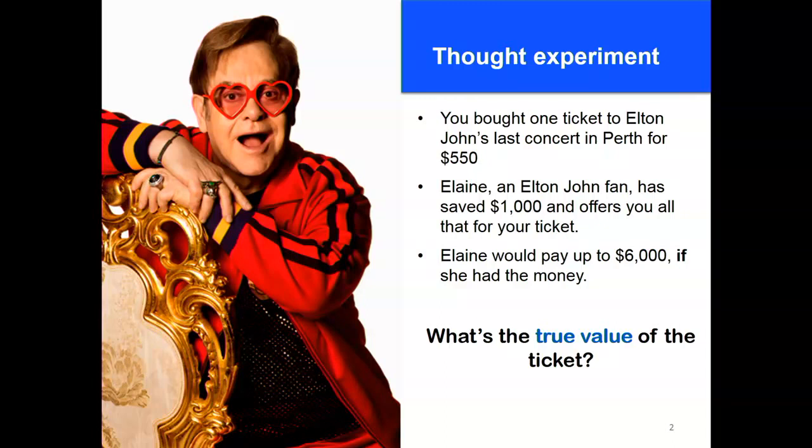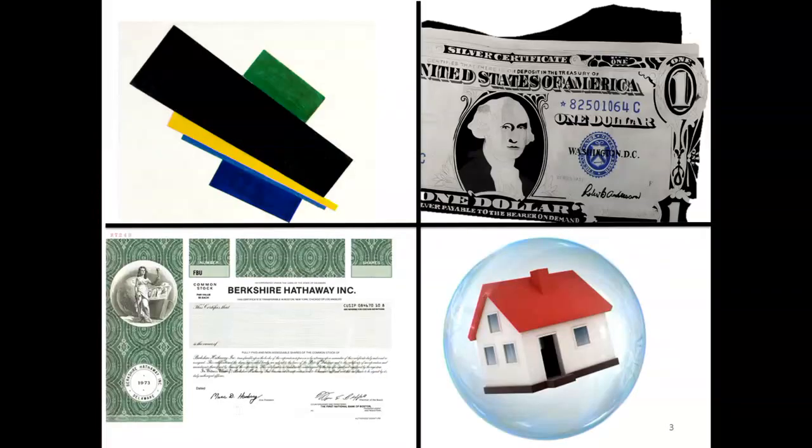So there's a lot of items. The point I'm making is there are a lot of assets out there that you can't value using the standard theory of finance. Why does this matter? Well, it means that a lot of asset classes will simply be inexplicable in terms of the neoclassical model.